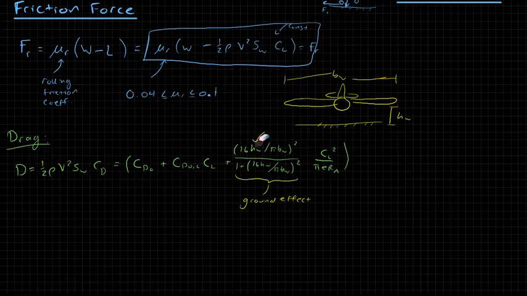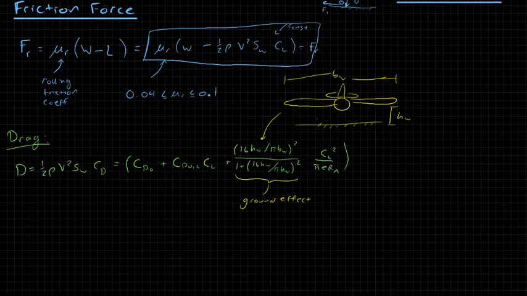As we get farther and farther away from the ground, excuse me, I keep saying this wrong. As we get closer and closer to the ground, this term becomes smaller, okay, because we have this 1 plus on the bottom. So if HW gets really, really small, we're going to have 1 plus a very small thing on the bottom. Okay, let me try this again. I apologize. What really matters here is the ratio of HW to BW.